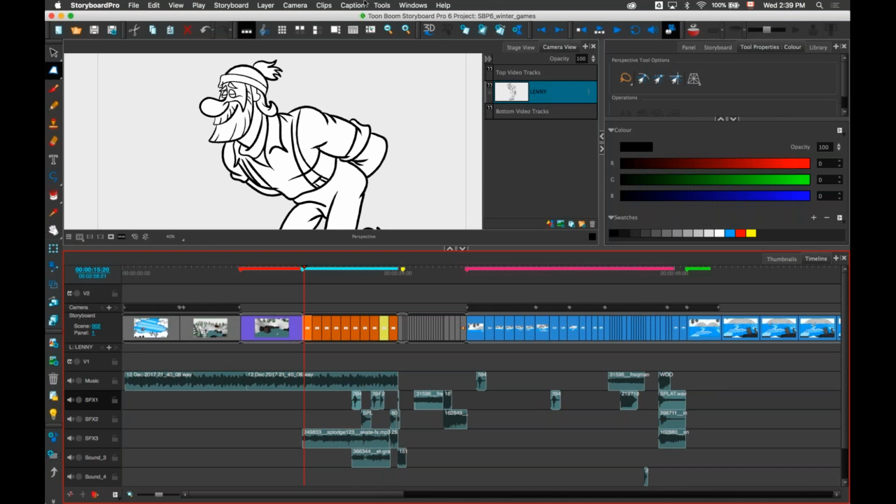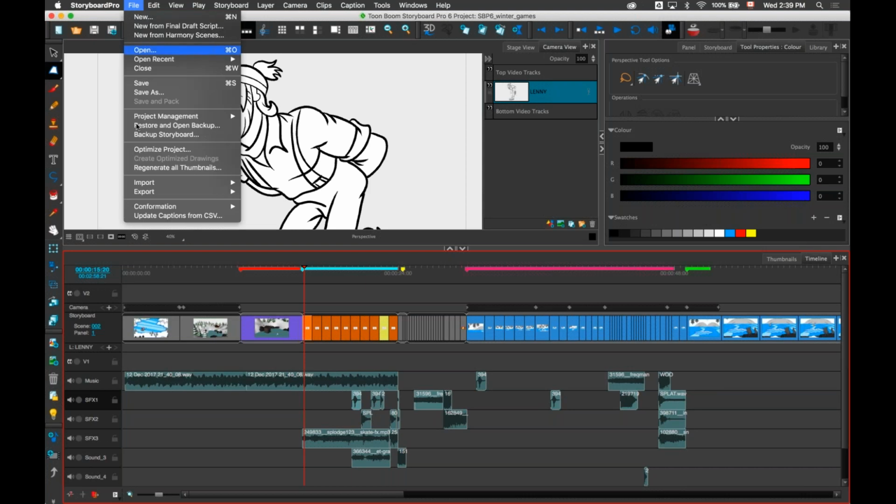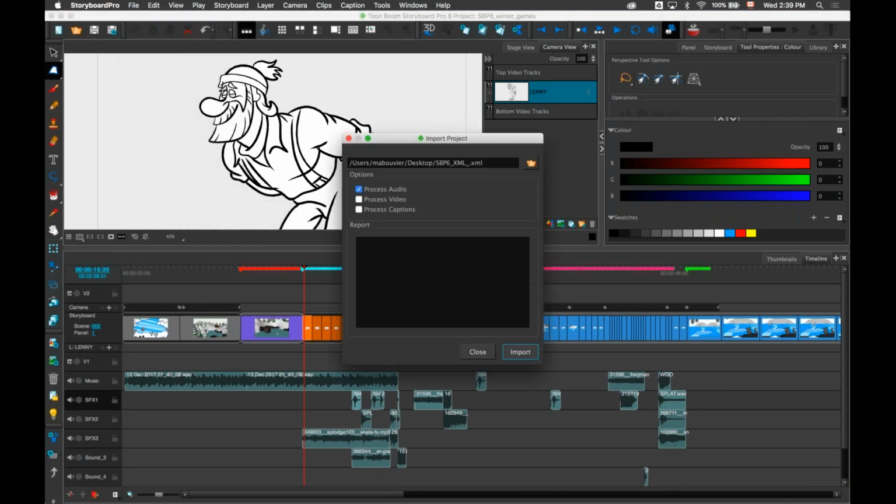So we already have the ability to conform changes you've done inside Premiere or Final Cut Pro or Avid by using the conform import animatic project. But now we also have the option to import just the sound. So let's say you've made some adjustment to the sound and you want to bring back just the sound into Storyboard Pro, or you've laid out all the sound in an external software.